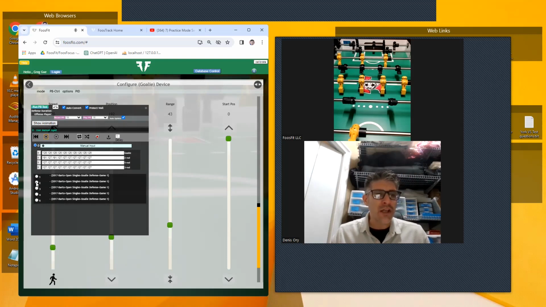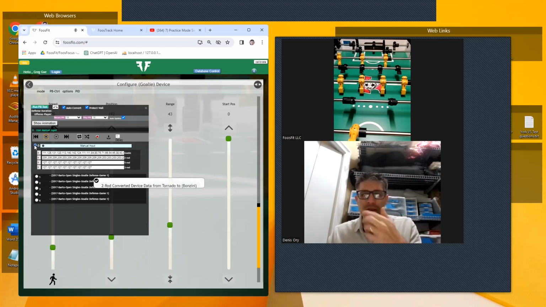Okay. So if I was to load, say, defense 2 to the device, so I loaded 2, right? I'm just going to download it now and I'm pulling it into the manual input. There it is. See that? So that's number 2 defense loaded to the device and then pulled back to the manual input. If I click it,